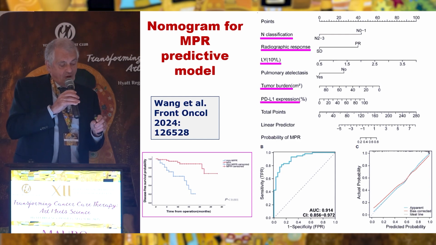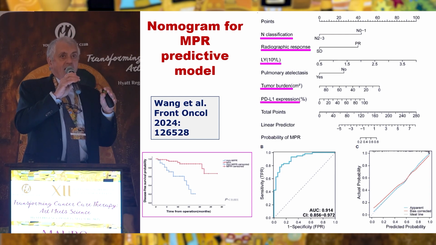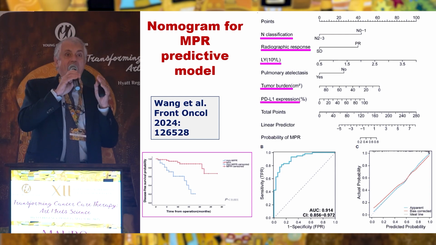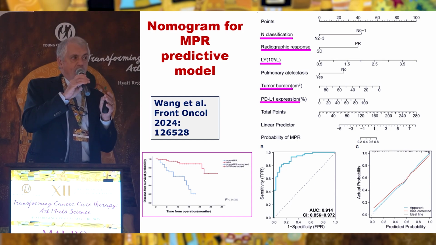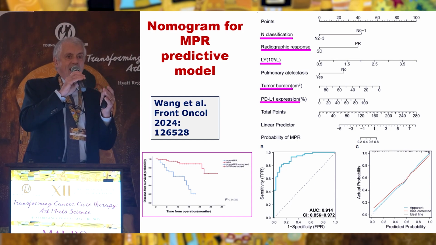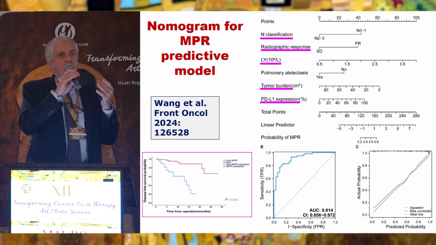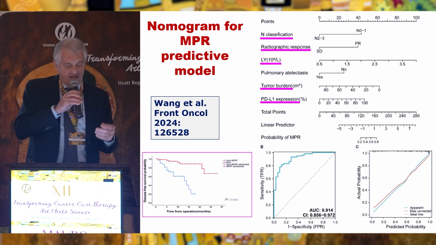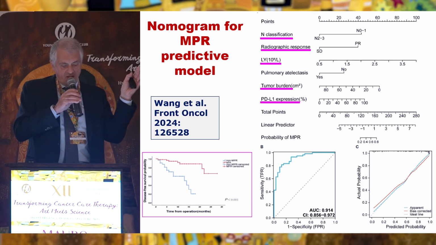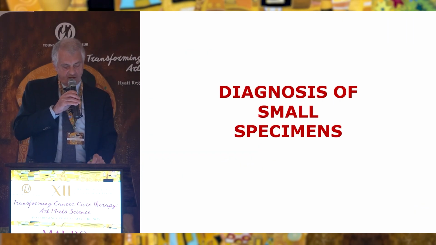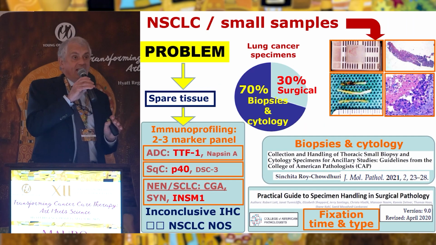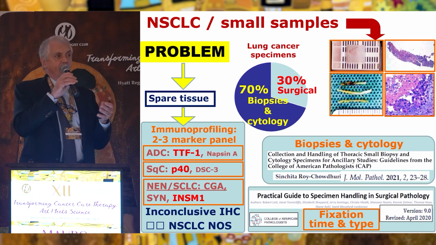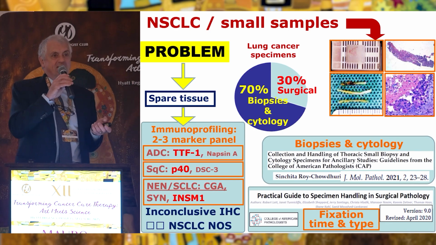Wang has also proposed a sort of nomogram, including several parameters to better assess response, because viable cell percentage may not be the only parameter. We may need to add some others like PGA1 and radiological response and so on. Regarding small specimens, I have already discussed this issue with you in Bulgaria many times last year,